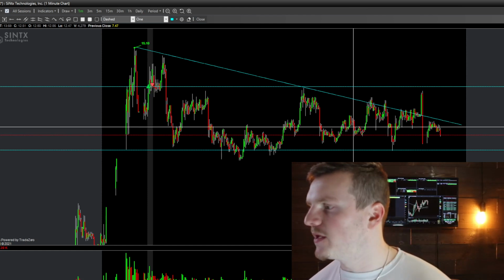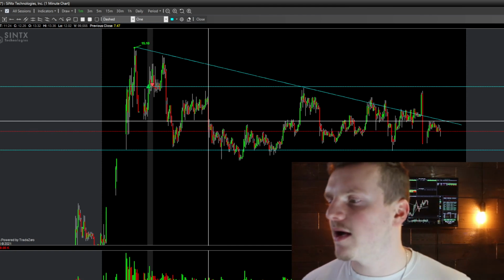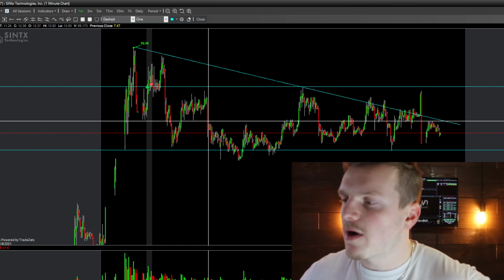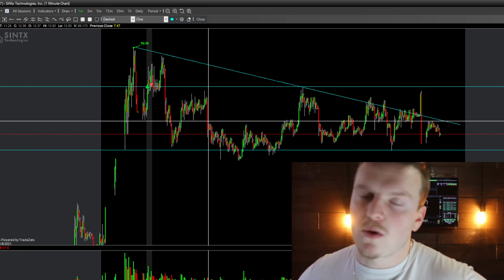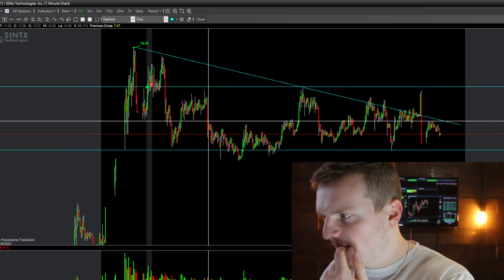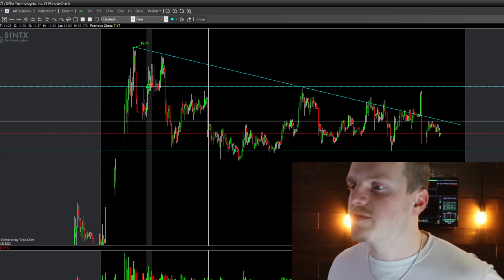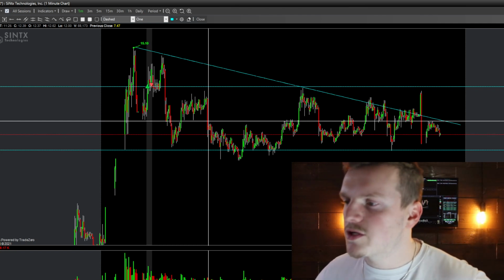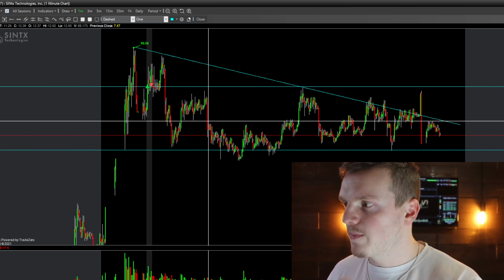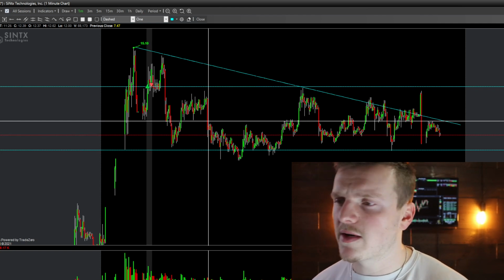Now, I would short it below 11, but I would short it with super light size. You never want to short a stock with a government contract. And the way it's consolidating, guys, I would expect this to move higher tomorrow. I think this will probably be a decent continuation play, and I could short into it tomorrow. There's no sense of shorting now. I think there's more upside to it. So if it breaks below 11, I would probably short it with light size in my main account, not my small account. But honestly, look to trade this to the upside probably tomorrow, and then look to short it. I think there's still opportunity for a push up to 15 and maybe even 20. We'll see. 15 to 18 to 20 range I'll be looking for,